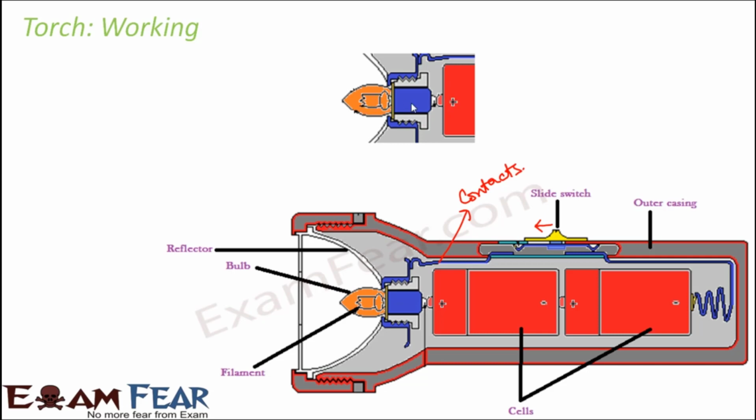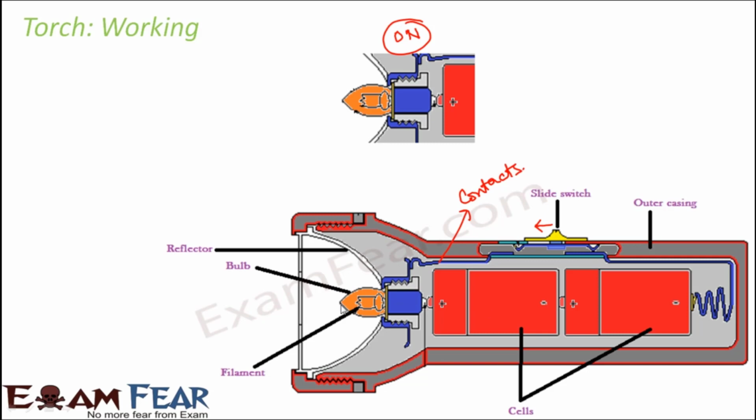Now when both of these are in touch, what happens? The bulb glows. That's what we have learned before also. If you connect both the terminals of the bulb to the terminals of the battery, so here you can see you are connecting to the positive terminal like this, and from here to the negative terminal. So you are basically connecting the bulb to both the positive and negative terminals of the battery. In this case, the bulb will be on. So the bulb will glow. That is the situation when we switch it on, because the contact stays here.